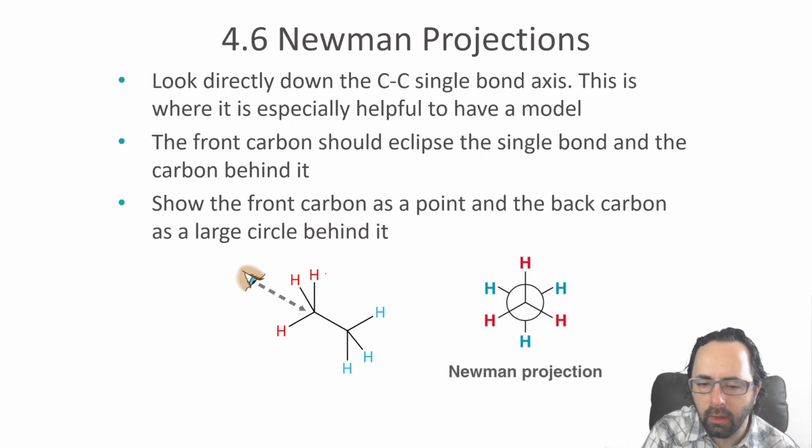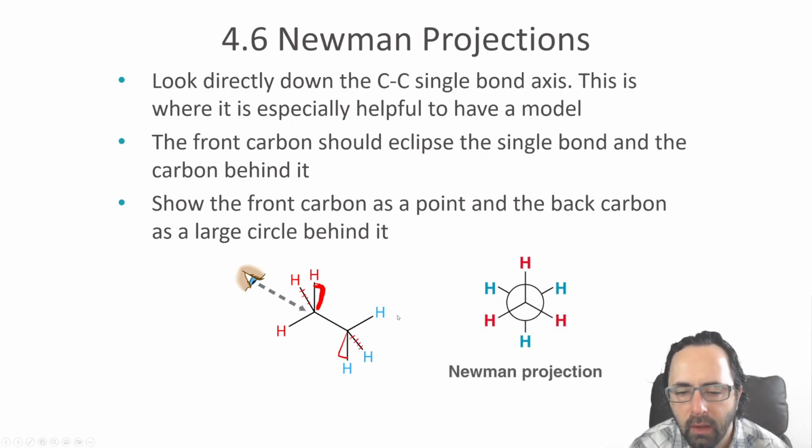those atoms here that are on a wedge, so this would be like a wedge here, with this is called a sawhorse projection, and then this would be a dash going back into the page, and here this would be a wedge, and this would be a dash. That's the other way of exhibiting these. And when you're looking left to right, the wedges are on your right, so they'll appear on the right side of a Newman projection, where this part here with the point represents the front carbon, we're here with these red hydrogens, and the circle in the back represents the back carbon,